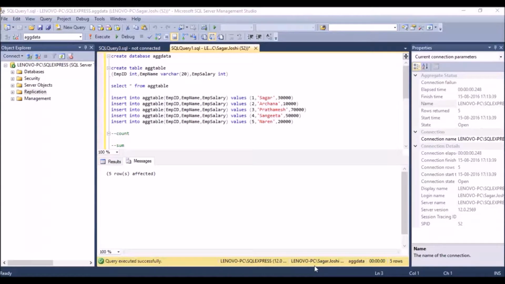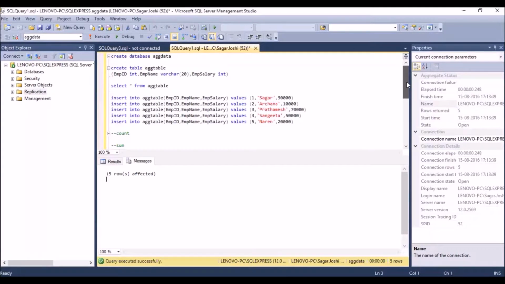Today we are going to learn something about aggregate functions. So let us learn what aggregate function means and why we use aggregate functions. We use aggregate functions to return a single value. If you want to calculate something from some specified values and return a single value out of it, we use aggregate functions.